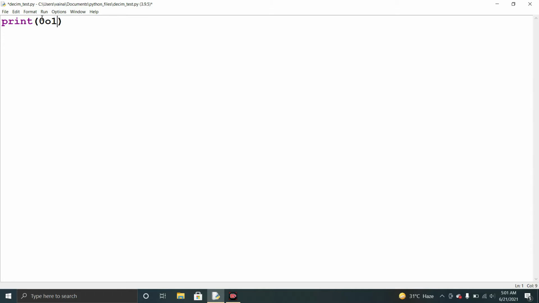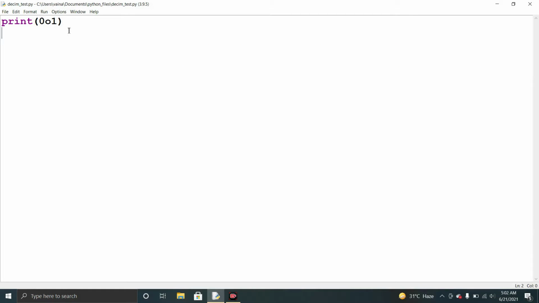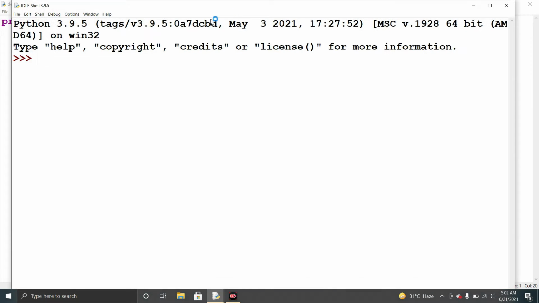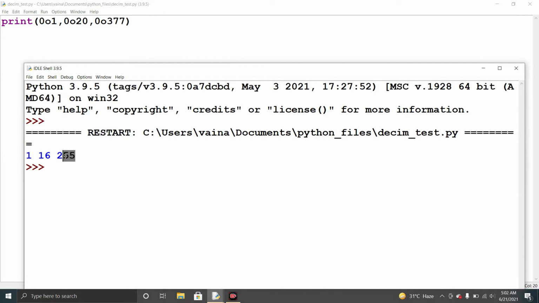So here the o is nothing but the octal, and 1 is the octal number 1. So when we run it we get the output like 1. So this is the octal form number 1, 0o20 and 0o377. So the decimal values for those are 1, 16 and 255.